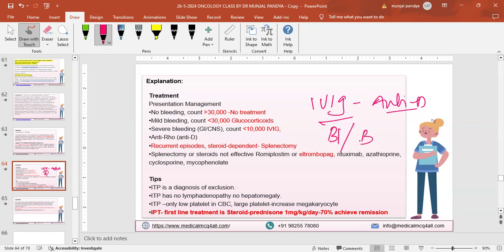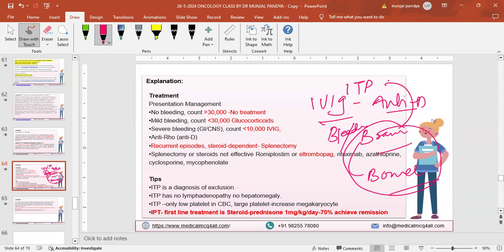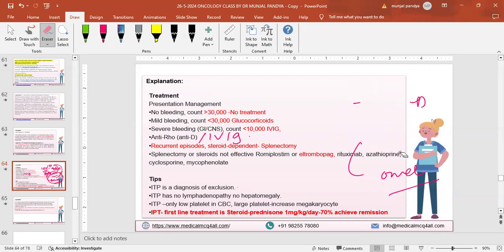I remember it as BB: bleeding in brain, meaning intracranial, and bleeding in bowel, massive GI bleeding. These are the only two emergency conditions. So any patient with ITP presenting with brain bleeding or bowel bleeding, you give anti-D or IVIG. That's it. These are the only two indications. You don't need it for gum bleeding. When there's simple small gum bleeding, don't give 5 lakh rupees of IVIG. It's not helpful. So mild to moderate bleeding, not required. Severe, life-threatening bleeding, bowel, bladder and brain, you can use this.